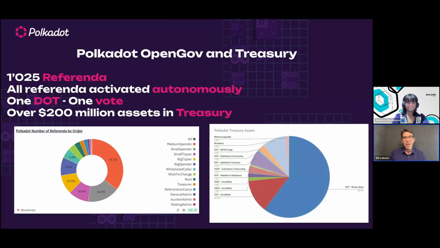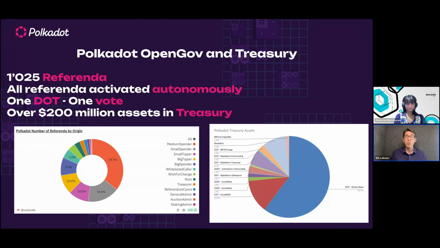The Polkadot relay chain is really focused on being decentralized. And so two things that I want to mention are that all changes to the network, and the network can be upgraded or parameters changed, anything by the DOT holders, is handled by something called referenda. So these are votes on how things should change in the network, anywhere from what the ideal staking rate is to whether a treasury proposal should be approved or not, or some other parameter, how many validators should be in the active set, all the way to actually changing the code of the blockchain, of the relay chain itself. So this is possible because of the way Polkadot is built.